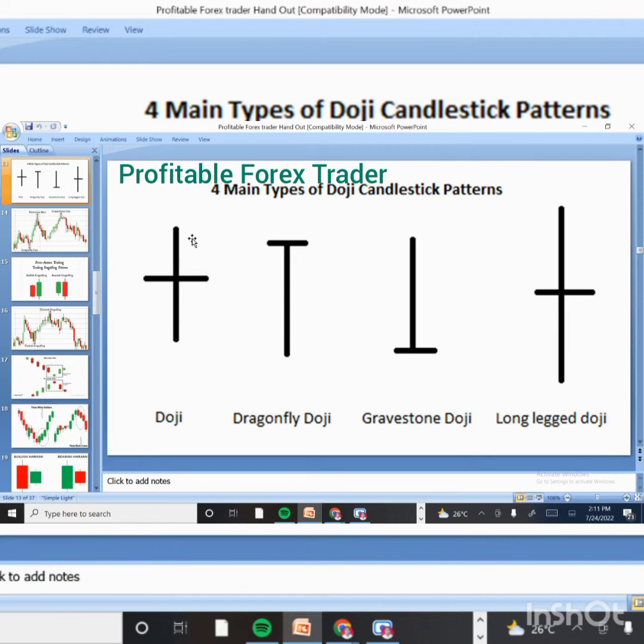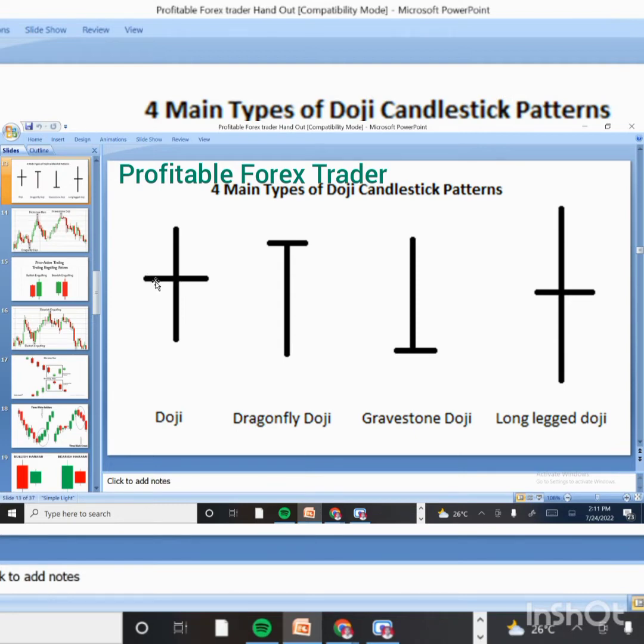Now, let's start with this doji. Let's analyze it and see what happened here. All right. Now, usually for a doji, the price must open, in fact, for all candlesticks, not only doji, the price opens